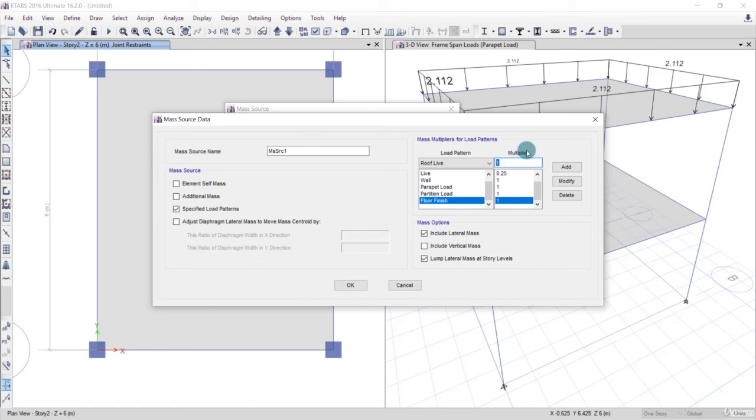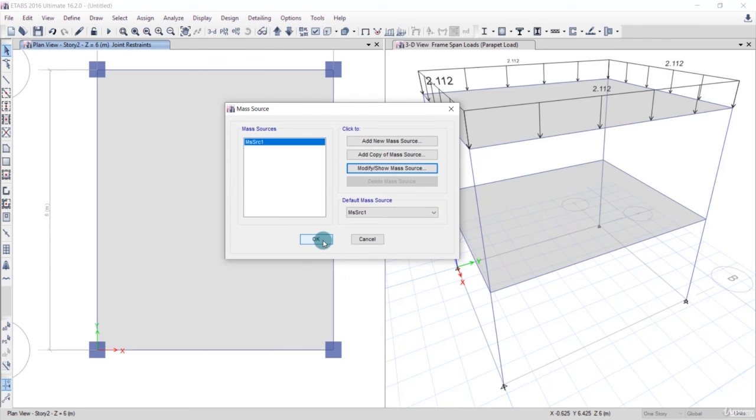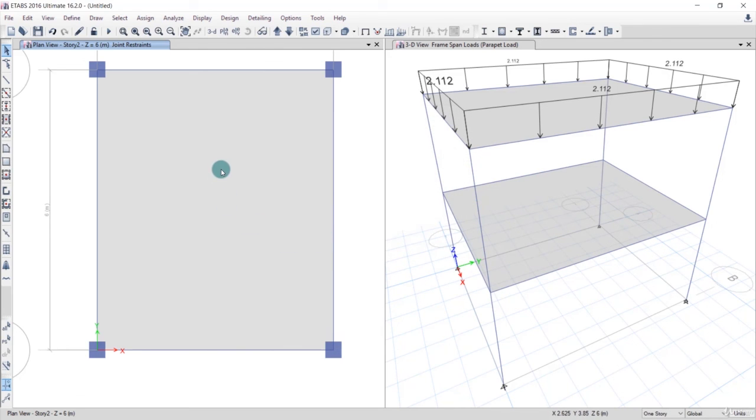Also the multiplier is 0, so click on Add, and we don't add earthquake loads. So after that, just click on OK and click on OK. So we have